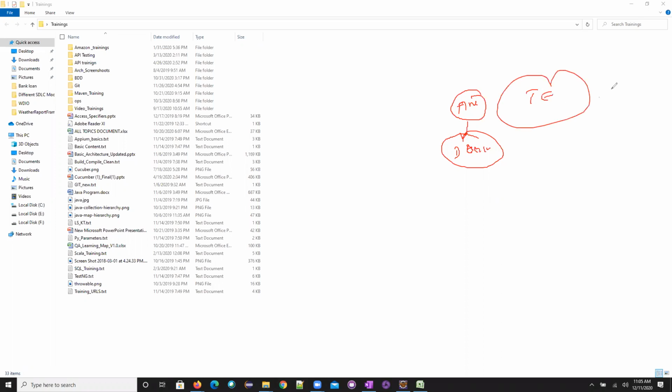Guys, if you go for Amazon, if you go for Freshdesk, you know, right? I don't need to tell you about these companies. If you go for an automation position, the first step is a written exam. In the written exam, they will ask you about test case enumeration. What do you mean by test case enumeration? Test case enumeration is nothing but classification of the test cases. They will give you a functionality.